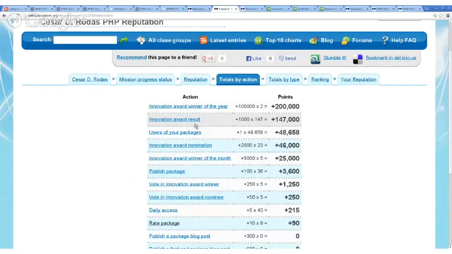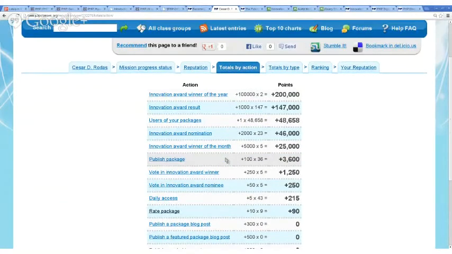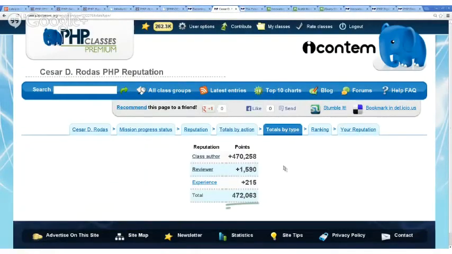Actually, you got also points depending on the results that you reached on the Innovation Award, and you also get points for being nominated for the Innovation Award, and get extra points for being the winner. And you also get many points for publishing packages, and so on. You can get all those details that I'm showing about my participation. You can also see about other users. So this is useful to be transparent, because if you are showing a ranking and you want to know why some user is doing better than another, you can actually see why it did score